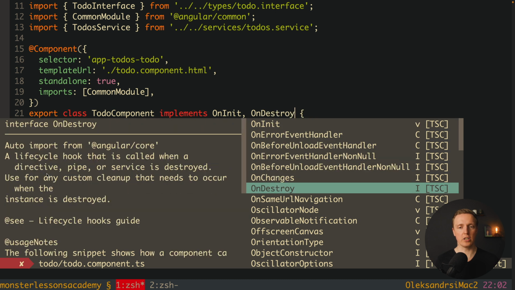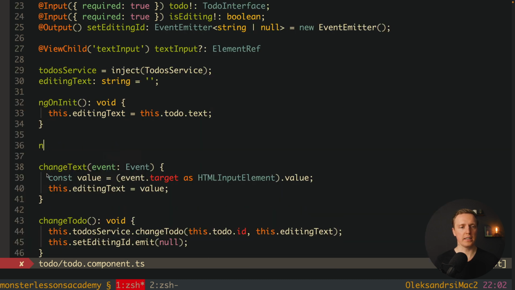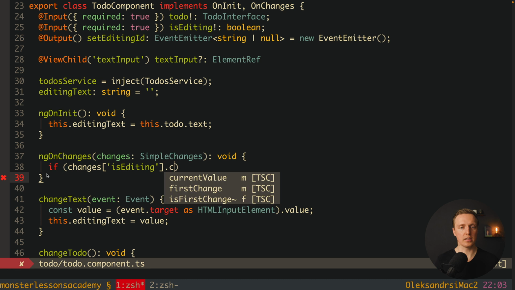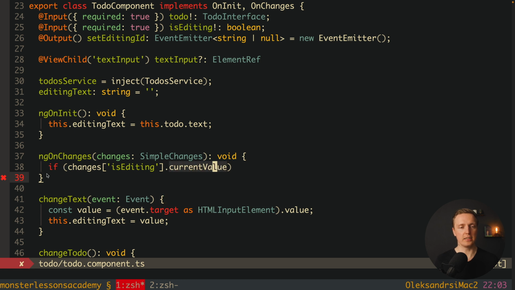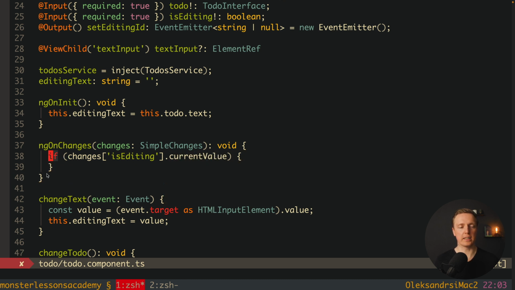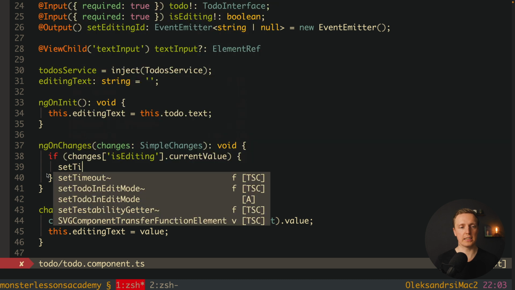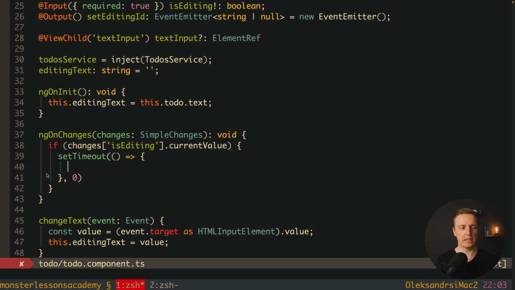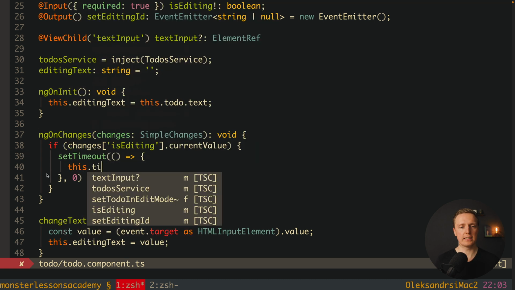This is why here OnChanges, and here we must create ngOnChanges, and we want to check if our changes and property isEditing.currentValue, which means isEditing is true, then we want to make a focus, and we must wrap it with setTimeout to wait for the rendered element. And this is just a setTimeout with 0, so no delay here,